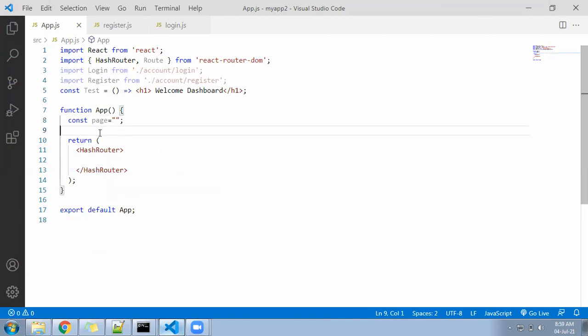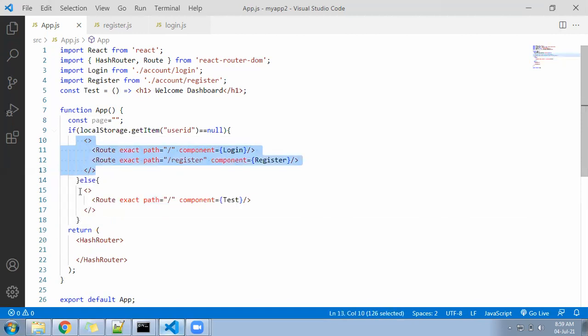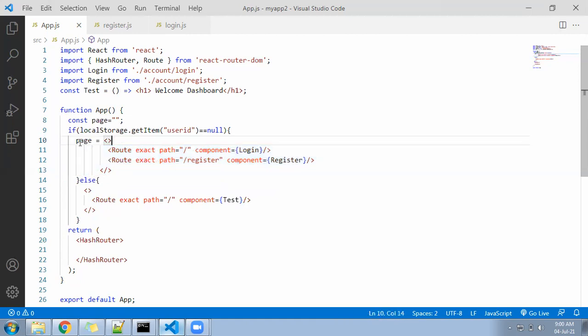I'll use the same condition here. I'll write it outside, because it should not be without a parent, it must be within the parent tag only. Then at this place, page is equal to this much, else page equal to this, all things will come here.